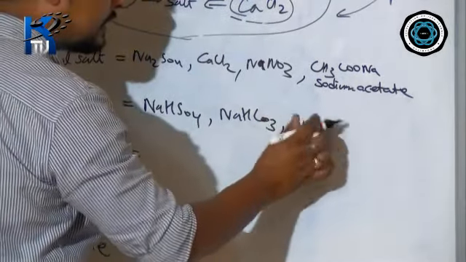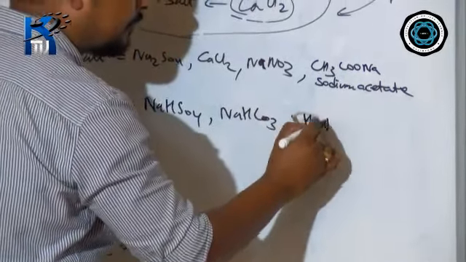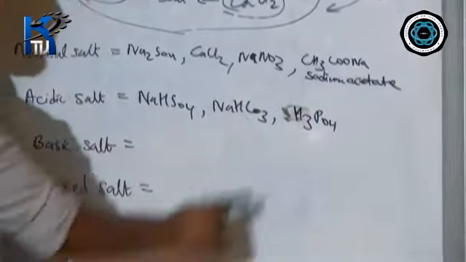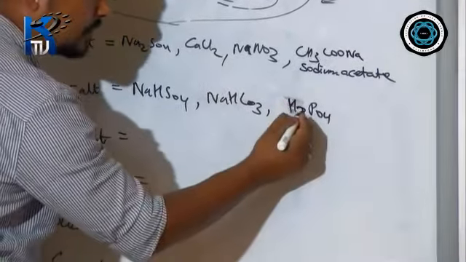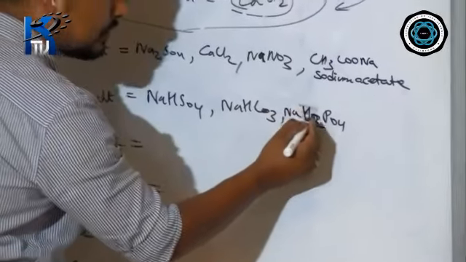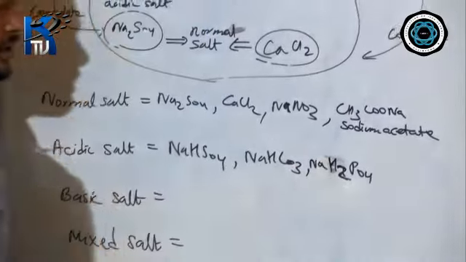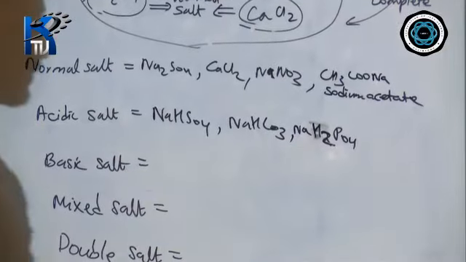Similarly, now you can see here, this is the formula of phosphoric acid. And it is a tribasic acid. I have given you the example last time. So remove this one H and put here Na. So this is also your acidic salt, because the replacement of hydrogen is partial.